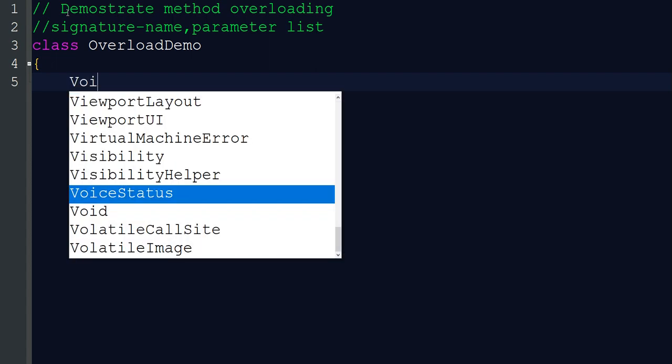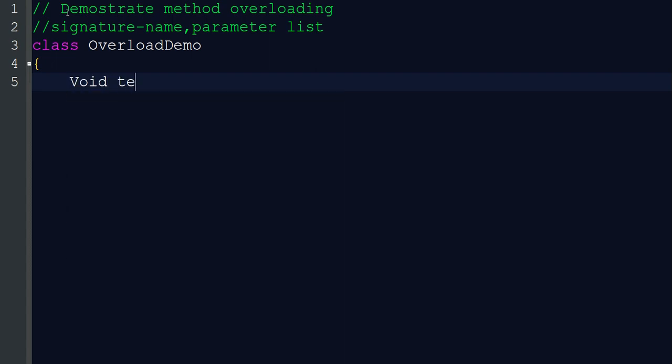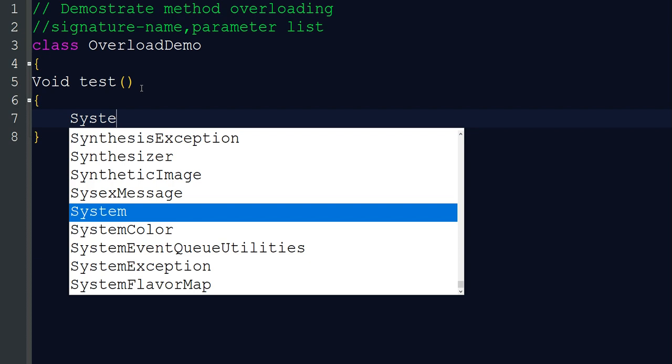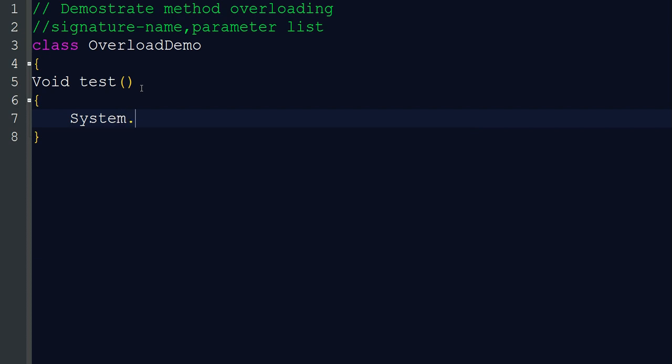Okay, so void test, this is one method. In this method we just print using System.out.println. No parameters here.